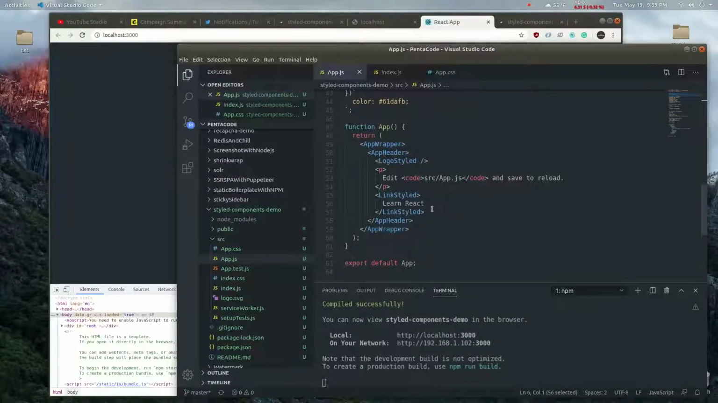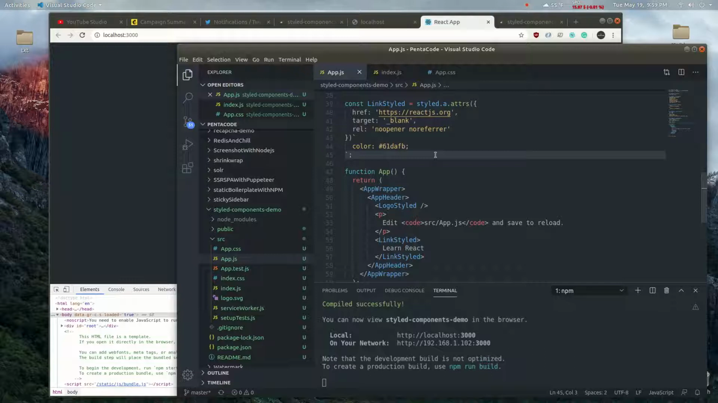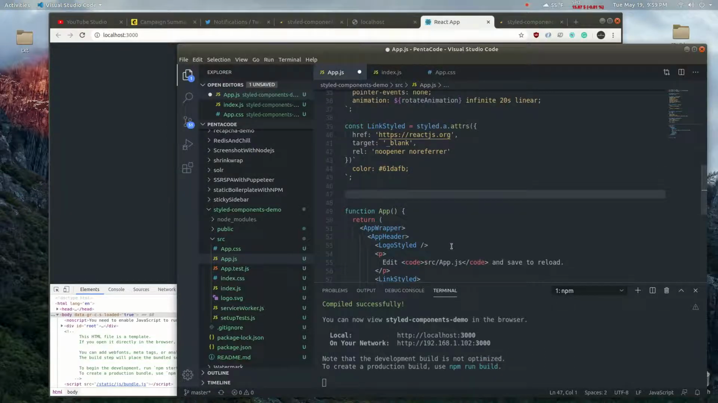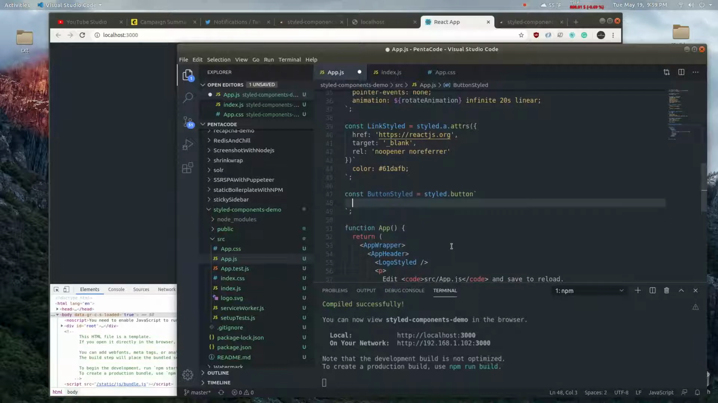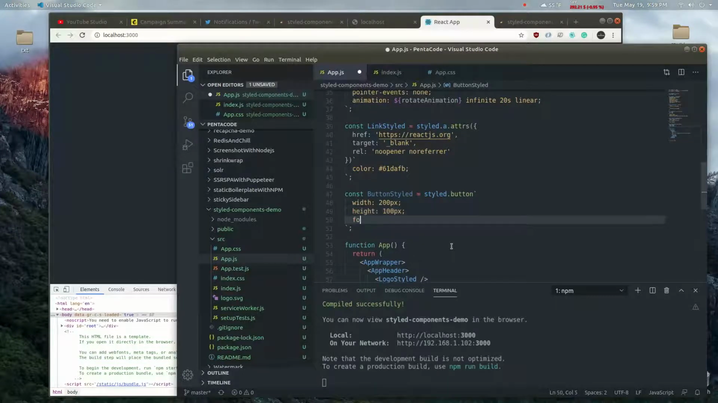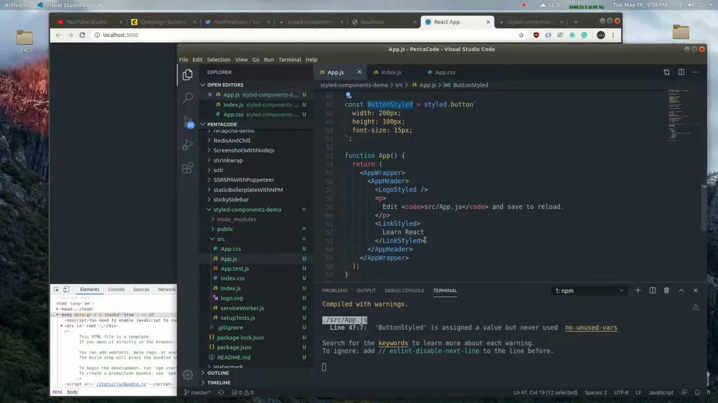So let's add a couple of things to this app. I want to create a button, right? So const buttonStyled equals styled.button. I'm just gonna pass some CSS to this. So let's do width 200 pixels, height 100 pixels, font size 15 pixels. Alright, let's try that. So inside of here,